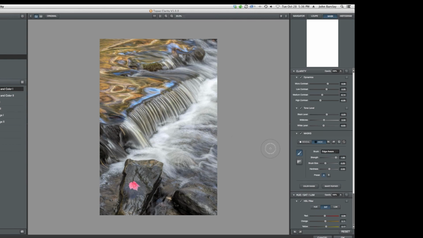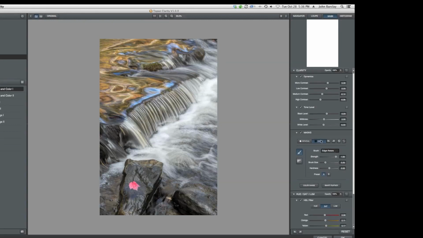The key when you paint now, notice I have hide, you can reveal or hide here in this panel. I want to hide this clarity adjustment in a certain part of my image, and we're just going to pick this rock for demonstration purposes. As long as I keep the outside circle, and again, so you can see it, the outside circle can go outside of the rock. The inside circle should not go outside of the rock when you paint. And let's see how good of a job it's going to do. So I'm going to paint here. Come down,